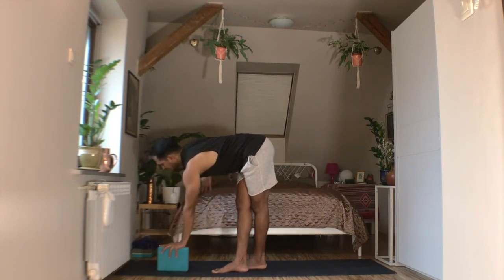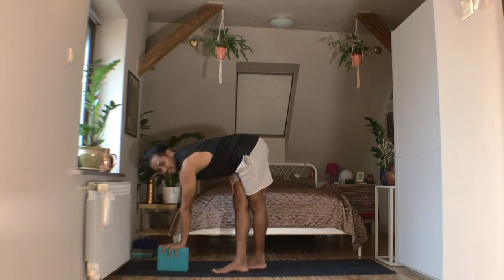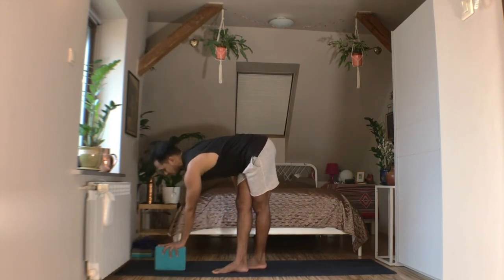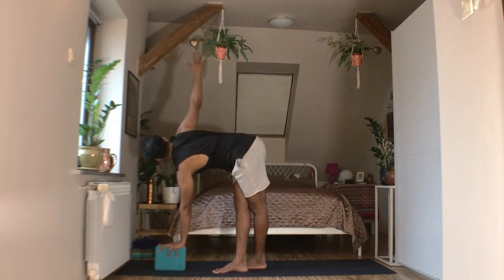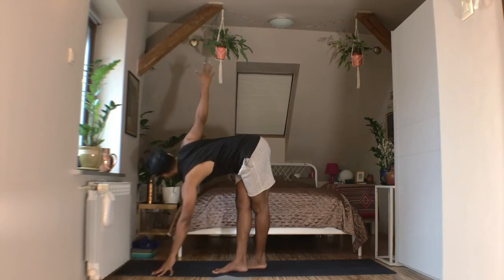And then inhale and reach your right hand up. So this is considering your right leg is in front. If you're doing the other way, then switch hands. If your right leg is in front, left hand to the floor, reach your right hand up to the ceiling. Twist. Adjust this block as needed and stay for 1,